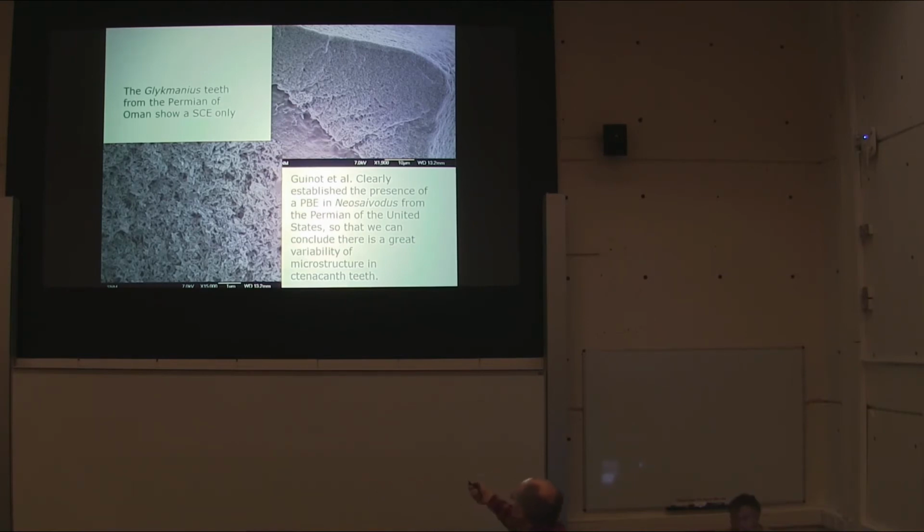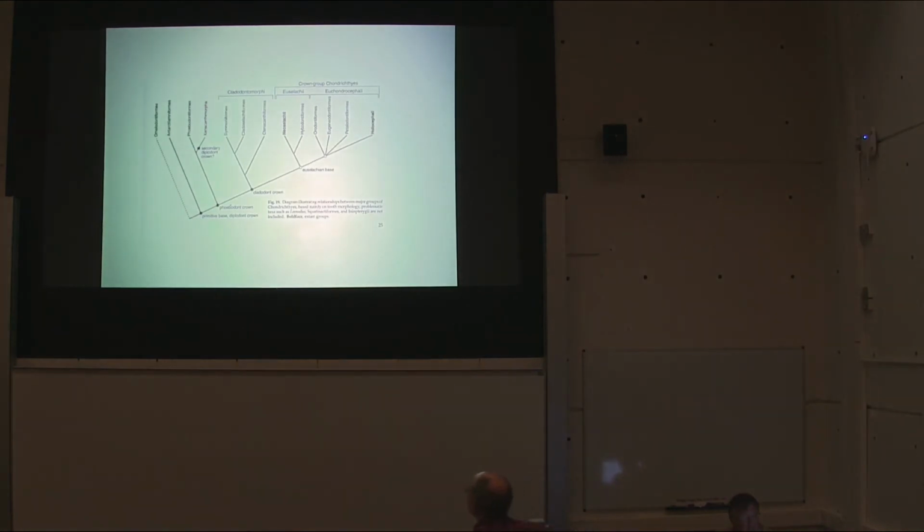Now, it is beyond doubt that Guillaume and his collaborators clearly established the presence of parallel bundled enameloid in these Neosynodus tenacanths from the Permian of the United States. So that indicates that there is a great variability of microstructure among all these tenacanth teeth. And again, we don't have a very simple pattern here. So, if we try to see what's happening, we thought that this